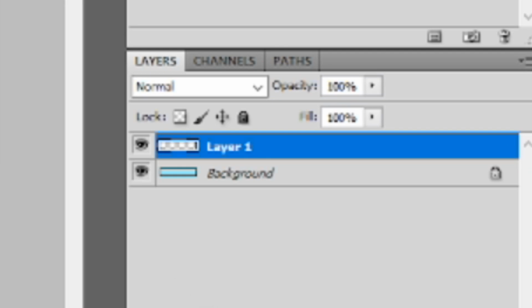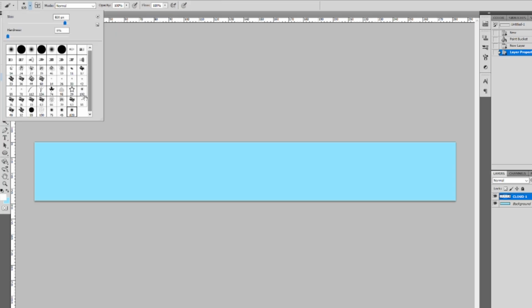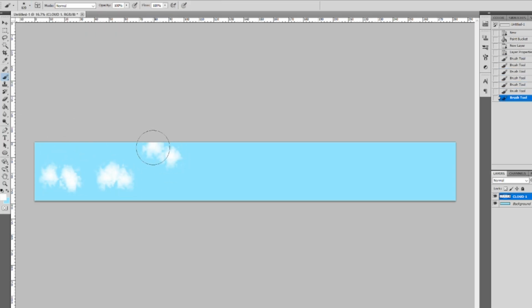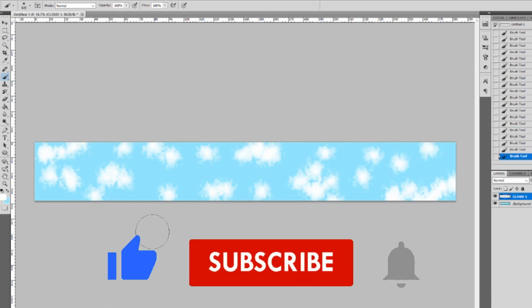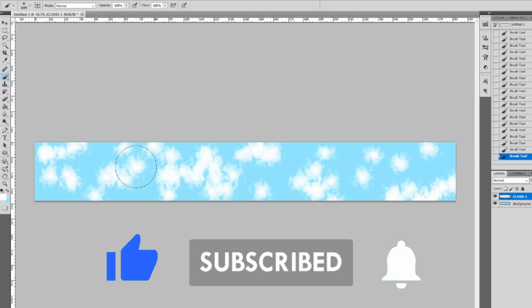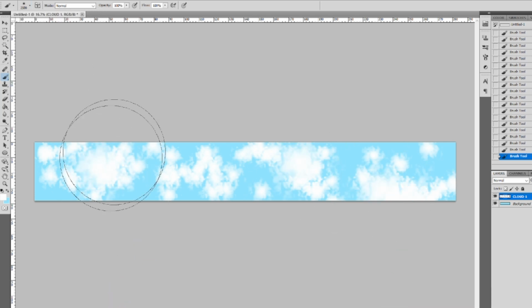Then create a new layer. I'm going to call it Cloud 1. And using the brush tools, I'm going to create clouds. Now there are several YouTube tutorial videos on how to create clouds with the brush tool, but little advice, it's